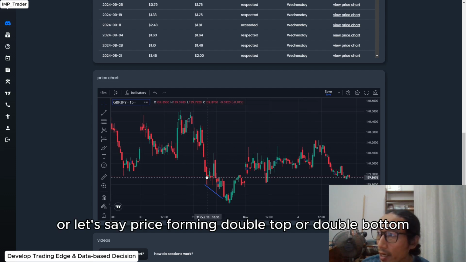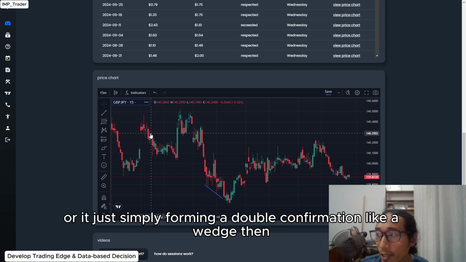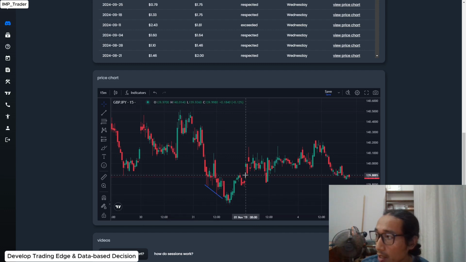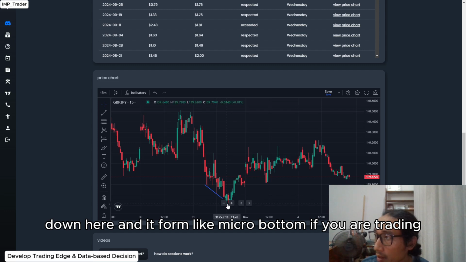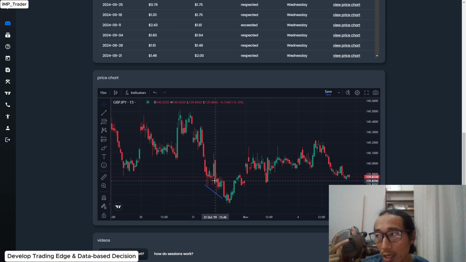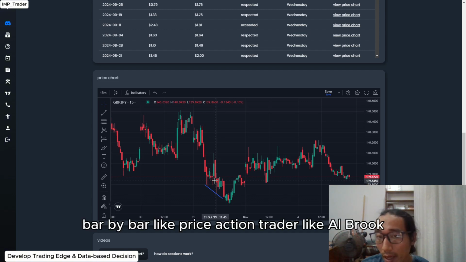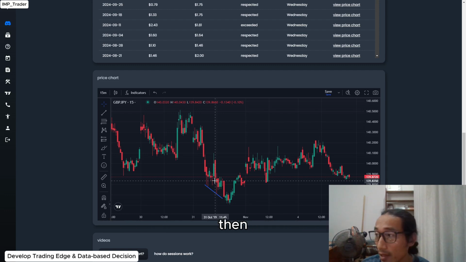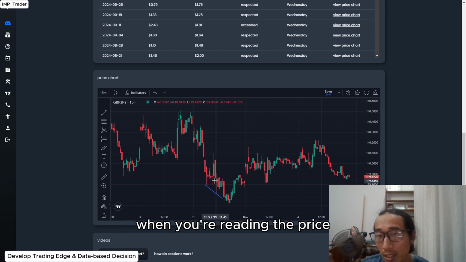Or let's say price is forming a double top or double bottom, or it's just simply forming a double confirmation like a wedge, then price trades down here and forms a micro bottom. If you're trading bar by bar like a price action trader like Al Brooks, then when you're reading the price